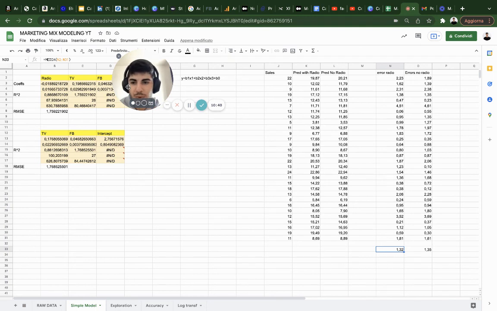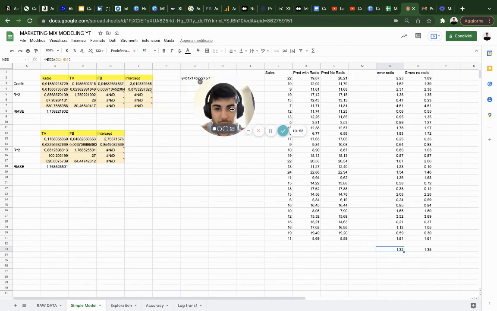Now, we covered how to do predictions and how to create really simple models with Excel. In the next episode, we'll try to increase the precision of our model, including the transformation on adstock and diminishing returns. So it's going to be a super technical episode, and hopefully it's going to help you adapt your model to have really realistic